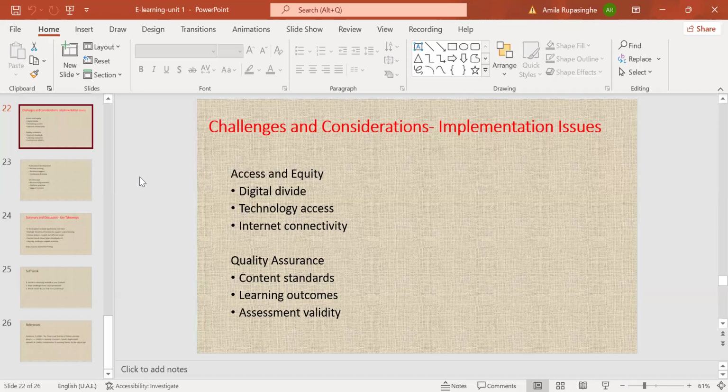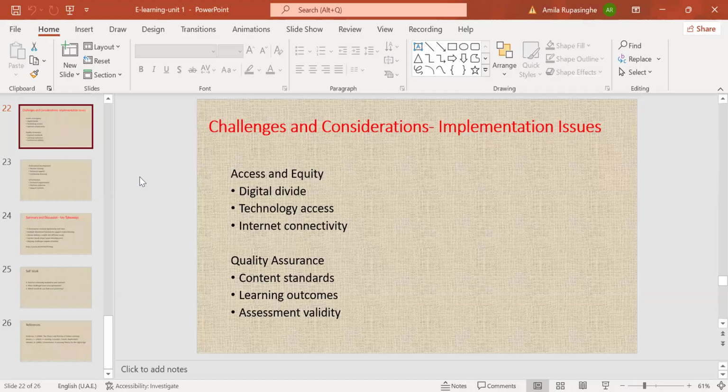And also, we don't have technology access due to a lack of technology knowledge. Although we have every device, every signal strength and facilities, we don't have people who have the knowledge of technology, right? Then that is also a reason for not having access. And connectivity, as I told you, right? These are access and equity.